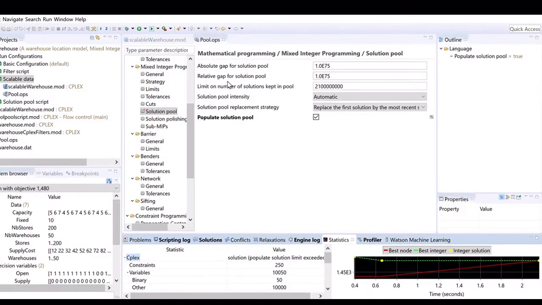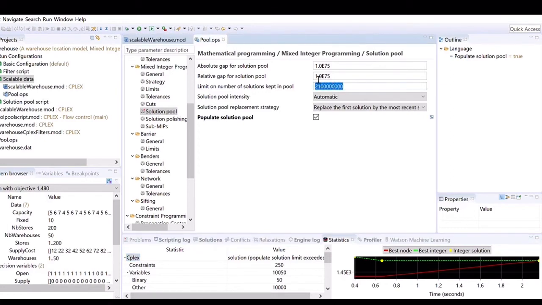When you activate the populate solution pool option, you can use the other options here to change the gap tolerance, the number of solutions stored, and the criteria on which solutions are substituted for others when the pool has reached its maximal capacity. For example, here we can limit the number of solutions kept in the pool. The default value is a very large number. So if I choose a smaller number like 14 and save this file,